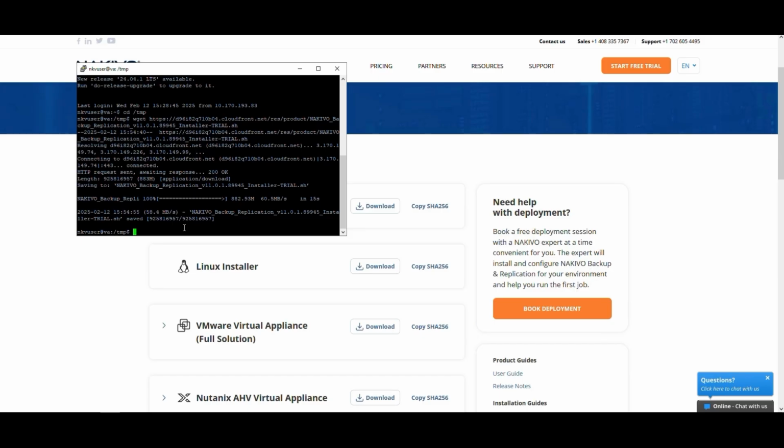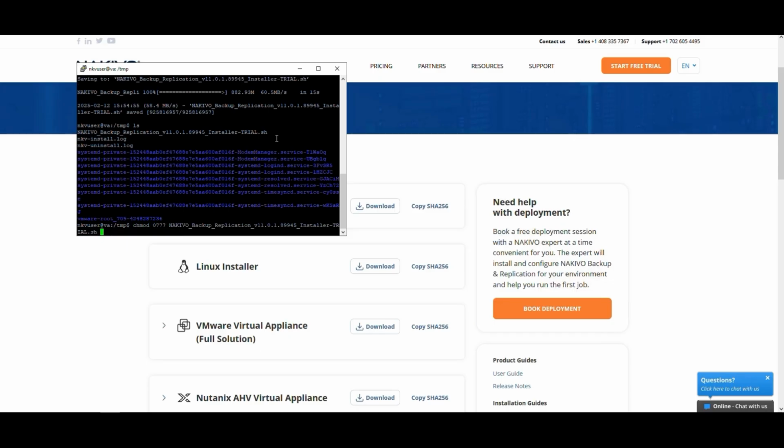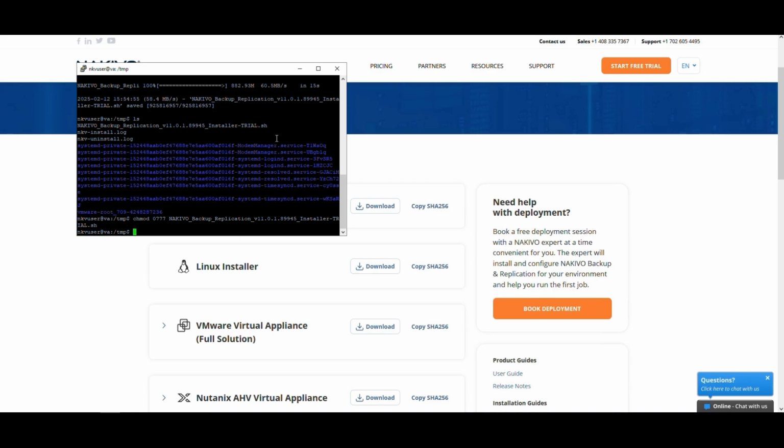Let's use ls to check whether the file is present in the directory to which I downloaded the file. I can see the installation package of NAKIVO Backup and Replication version 11. I have to set permissions for this package. Let's use chmod 0777, or you can use chmod +x to add execute permission to the file and enter the name of the NAKIVO installation package. Now, I can start installing NAKIVO Backup and Replication in